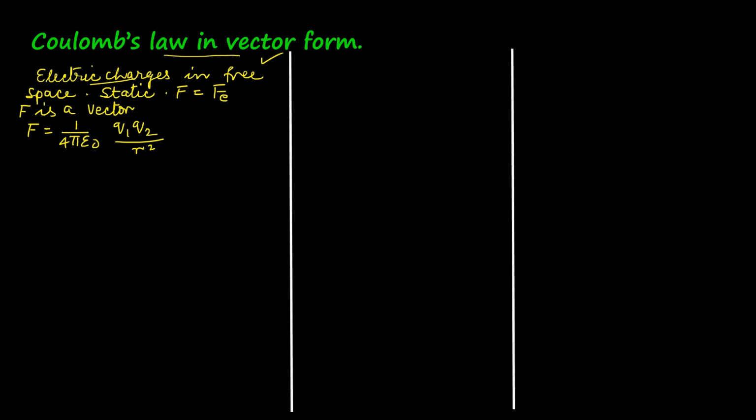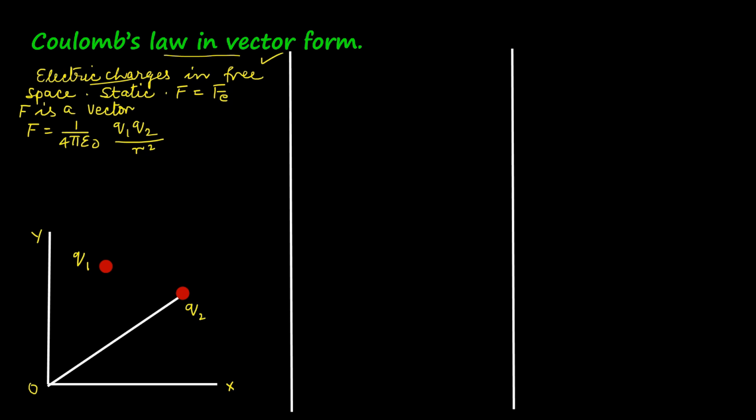A simple diagrammatic representation of two charges kept in space will help you understand this better. Let this be the point charge Q1 and this one Q2 resting in space at a distance from each other. To know the relative distance between them, that is the relative position vector, we first represent the y-axis and the x-axis. We are not marking the z-axis, we need only these two. This is the origin marked as O.